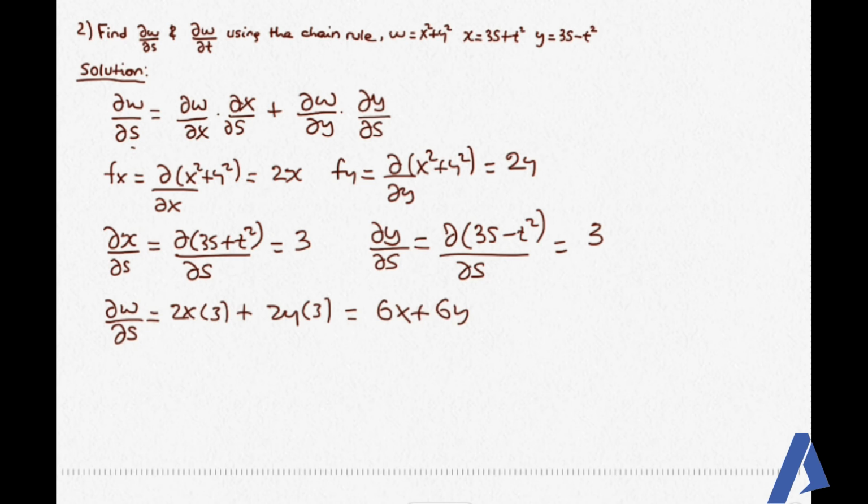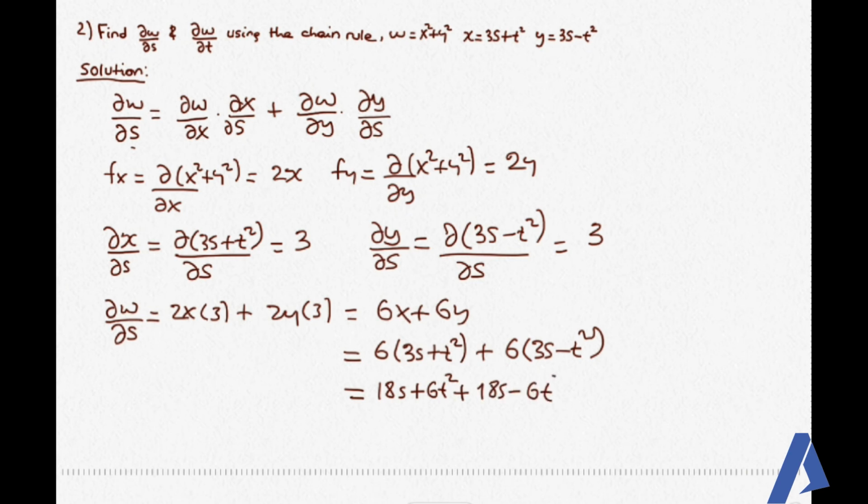like I said in terms of s ነው መቀመጥ ያለበት። ስለዚህ መልሳችንን in terms of s እናስቀምጣለን ማለት ነው። x ማለት from the given value 3s plus t square ነው plus y ማለት 3s minus t square ነው this is equal to 18s plus 6t square plus again 18s minus 6t square, this is cancelled out። ስለዚህ ፋይናል መልሳችን 36s ማለት ነው።